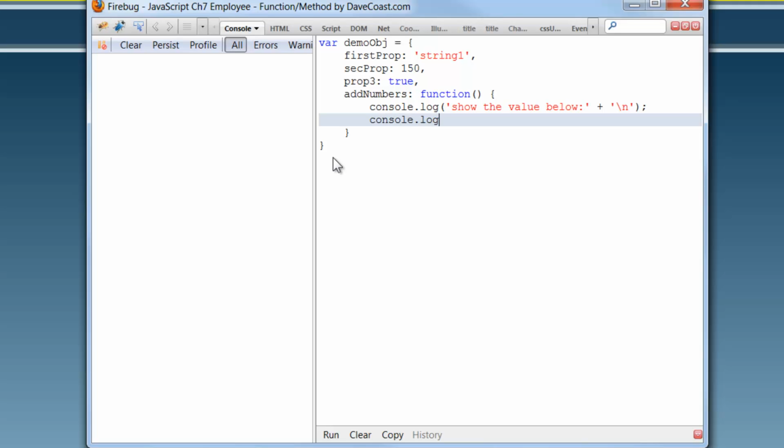Then console.log, and we will do this. So here we are introducing this. Notice it's in blue there. I'm going to say this dot second property, right? So I'm basically saying this object, so it's going to use whatever value is in the current instance of the object, demo object, and I have to use this in order to reference these values, and that is the whole purpose of the exercise here,